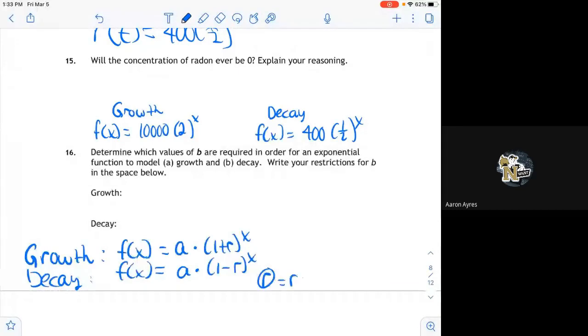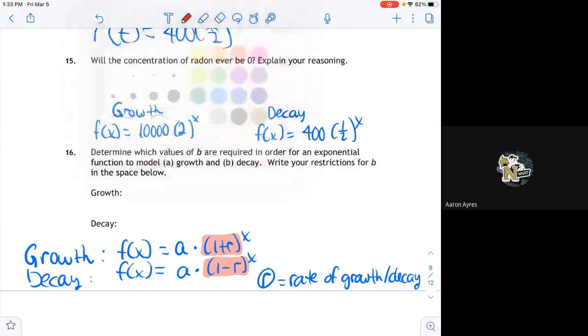R is the rate of growth or decay. Then in each case, this 1 plus R right here is still your B